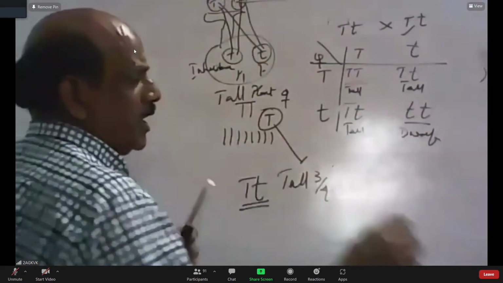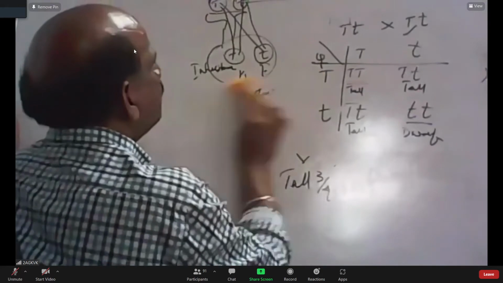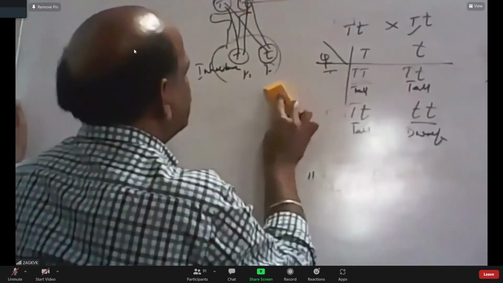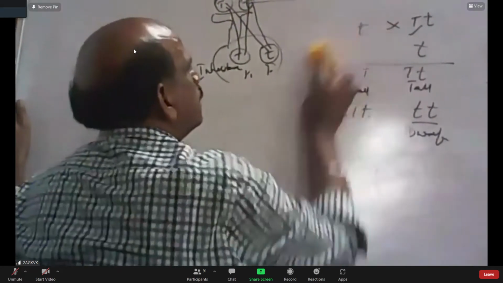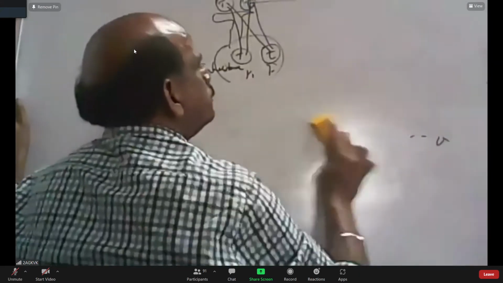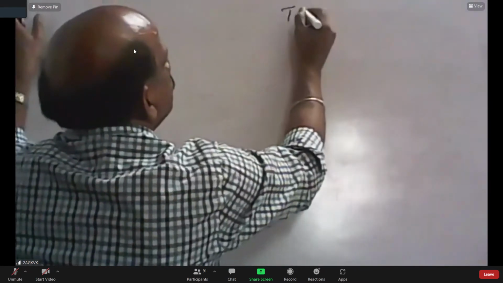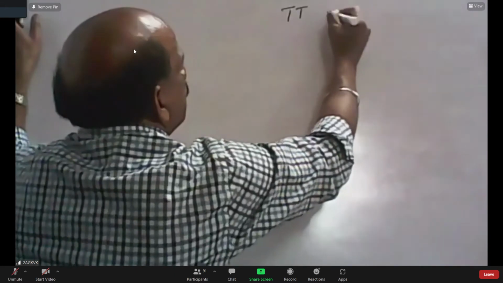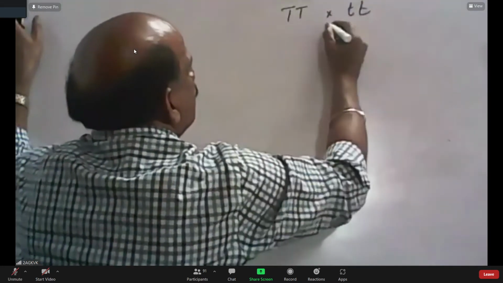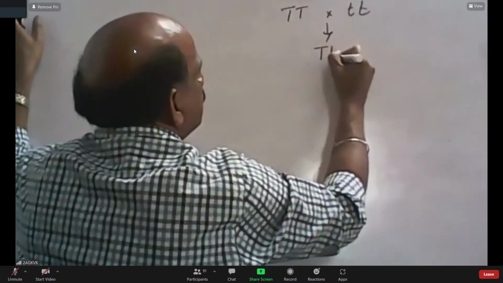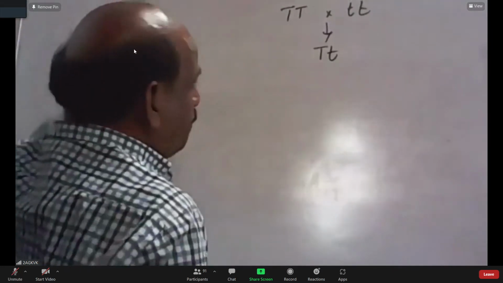Confirmation is in 2 ways. So here you have pure breeding tall crossed to pure breeding dwarf, and the resulting F1. To confirm